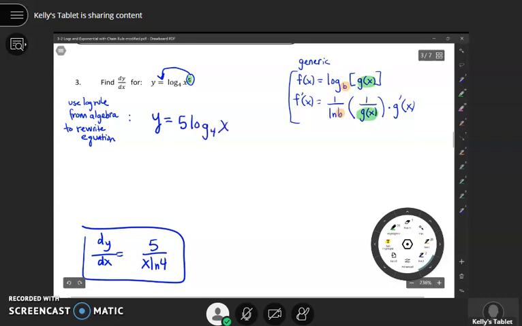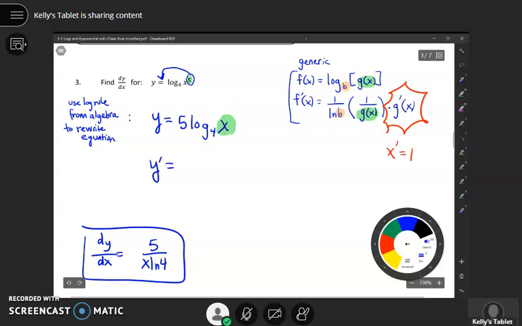And the reason why this is helpful to me is now my argument is just a plain old x. So later, when I go do this chain rule, I'm just tacking on the derivative of x, which is 1. So let's see what that looks like. So let's find our derivative now. Okay, so the derivative says,